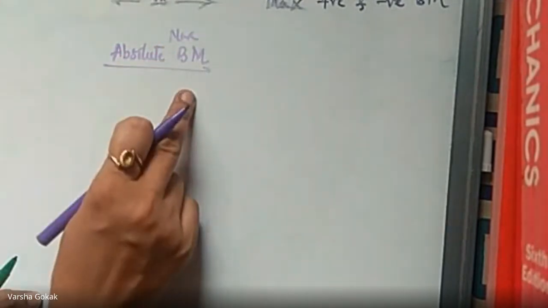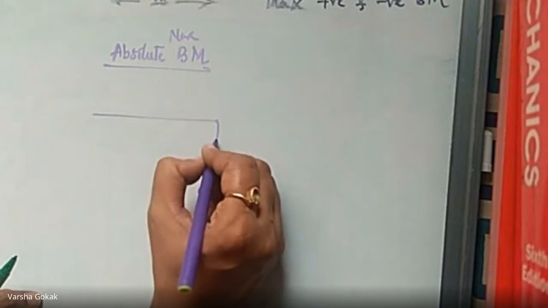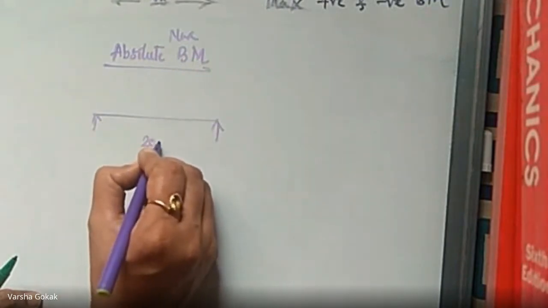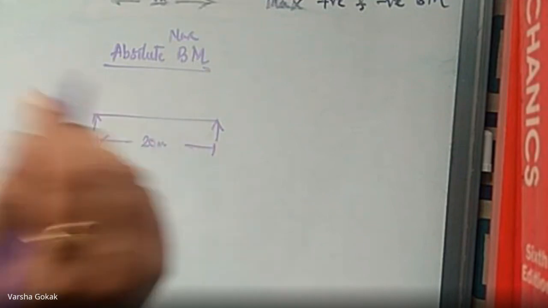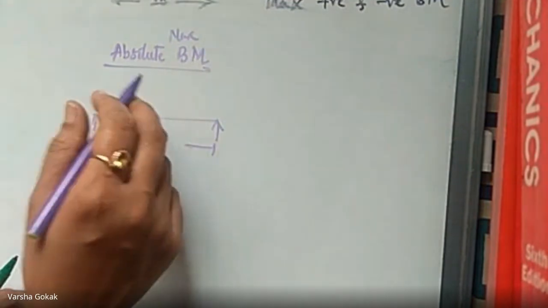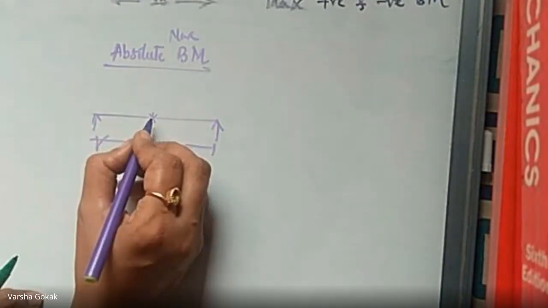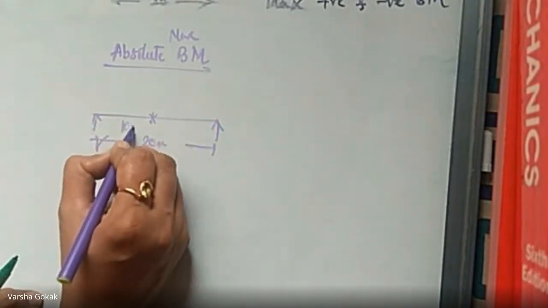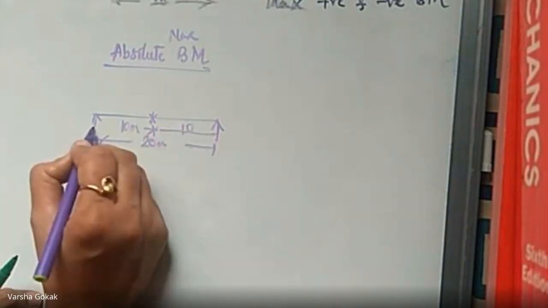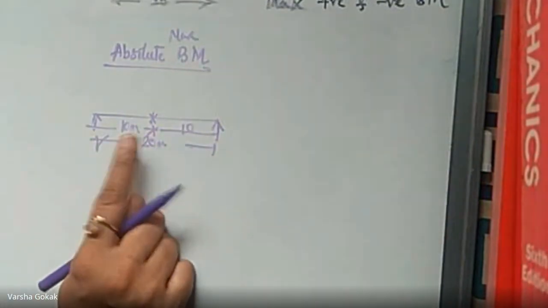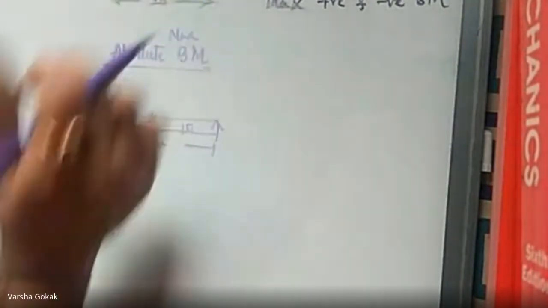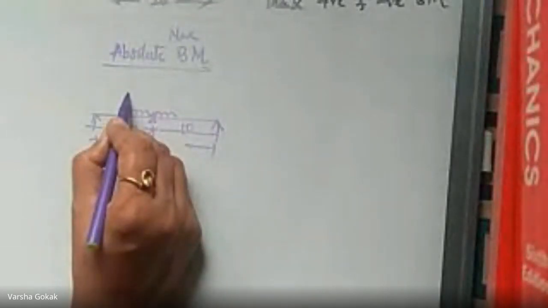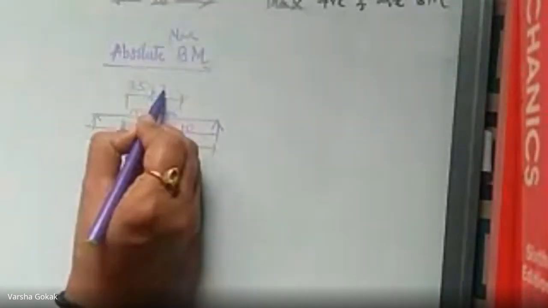For absolute maximum bending moment, I have a beam over here which is 20 meters. I will place the point C. In the question, C is given as 7 meters, but I'll place the point C itself at half of the span. So 20 divided by 2 is 10 and 10. I'll place the point C at this junction. And our UDL is 7 meters, so I'll place it in such a manner that this total is 7 and half is 3.5 and 3.5.